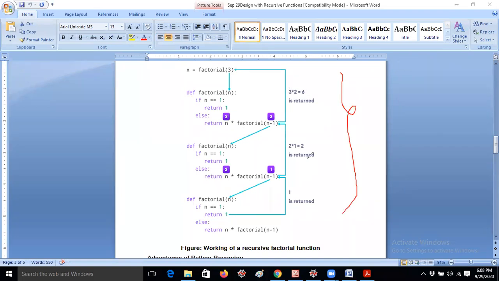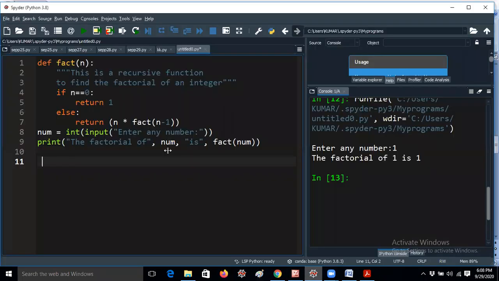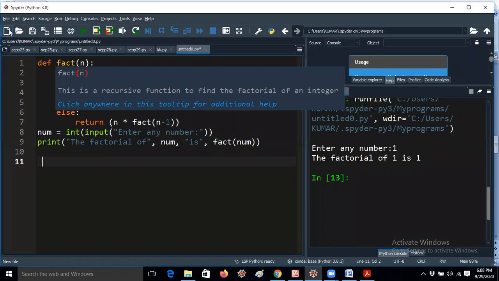Then they will think that you have got the logic, guys. I think it is clear. It is not mentioned n equal to 0, but the logic is different. Why I am giving this picture once again: you have to explain in this way when facing an interview or any examination. You should explain in this way, then only you will get good marks. Whenever they ask for a factorial of a given number program, don't think in that way.